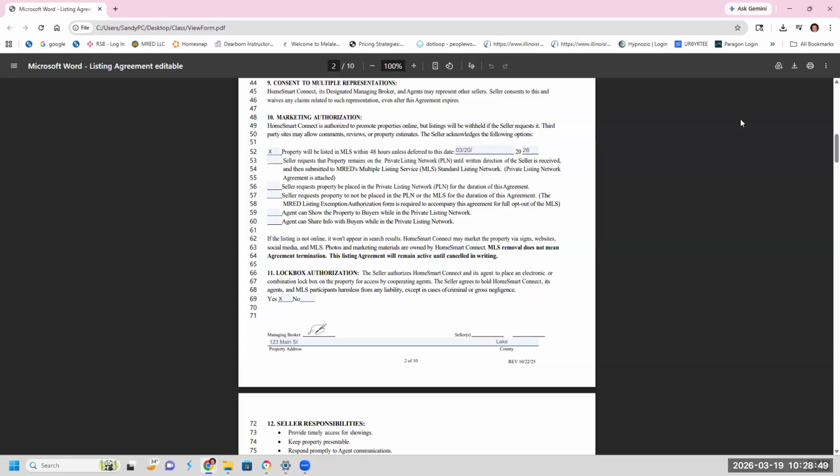We need permission to put a lockbox on the door. I would recommend that every one of you take advantage of Central Lock because there is a record of who's been in and out of that house every time that lockbox is accessed. We have probably one or two occasions every month where we get calls where unauthorized access has occurred, doors were left open, windows were left open, heat was turned off, heat was turned on when it should have been off, and there was a combo lockbox on the door, so we have no idea who was in the house.